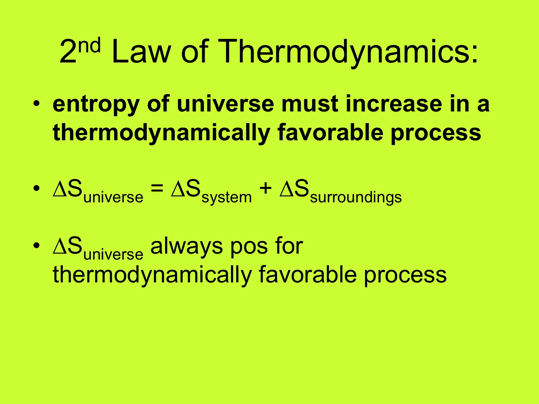But even if a process reduces the entropy in the system, the surroundings will increase by much more, so the universe's entropy will increase. Or if the system increases in entropy and causes a decrease in the surroundings, that would still lead to an overall increase in the delta S of the universe. So for any thermodynamically favorable process, the delta S for the universe is always going to be positive.